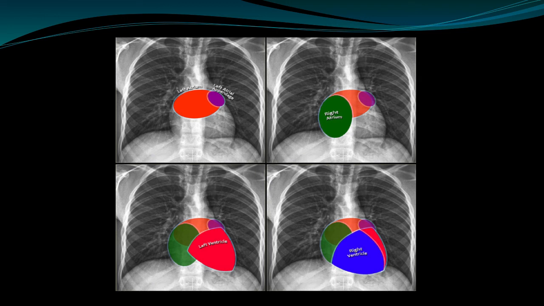So the next few slides is just a slide showing you the third mogul sign, then also the arrow